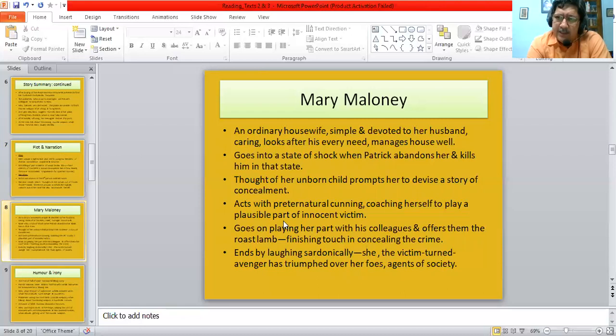She says that Patrick would never excuse her if she let them go without having anything to eat. So it is only hospitable, and that they should have a bit of dinner with her before they go off. So in an extremely cunning touch, or rather a superb touch, she offers them the roast lamb itself as dinner. By mere chance, the lamb which was cooking is done. The roasting is completed in the oven. At this point of time, it's ready to eat. It's late.